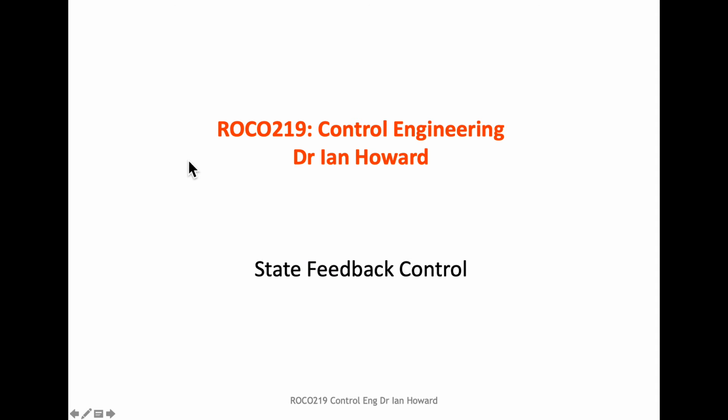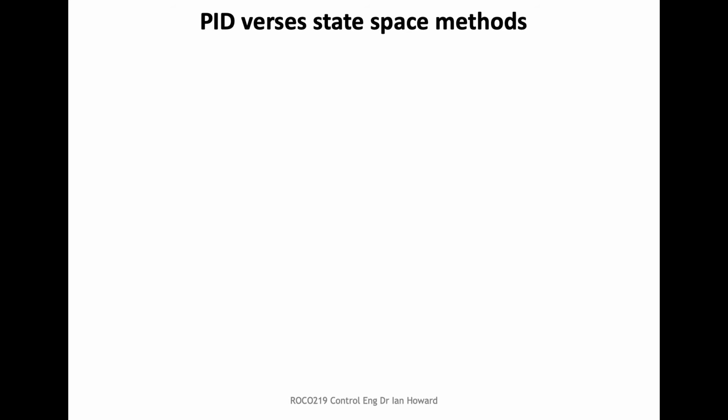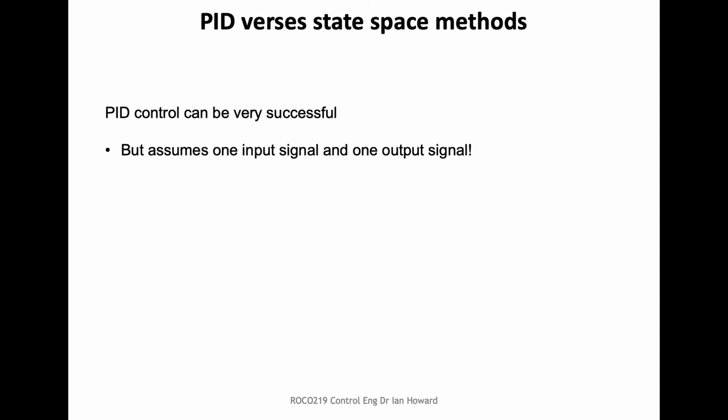Okay, now I'm going to talk about state feedback control. So we've already discussed PID as a proportional integral differential control, and it can be very successful. It's particularly good for systems with one input and one output. It's not so good when we have more than one input and more than one output, and when